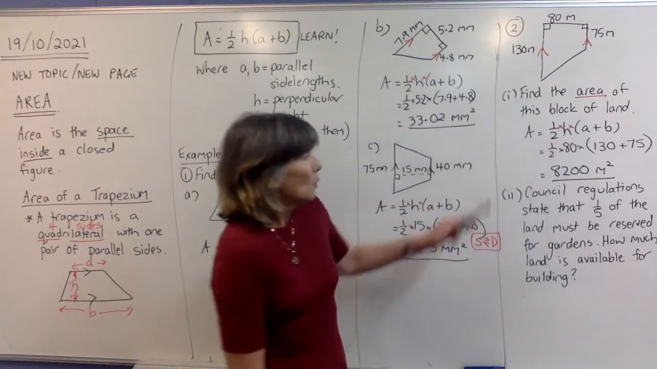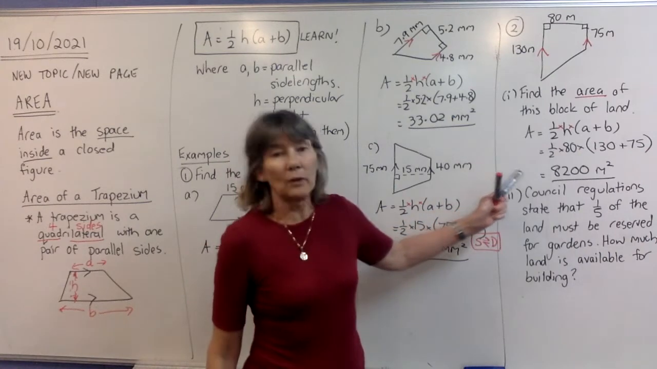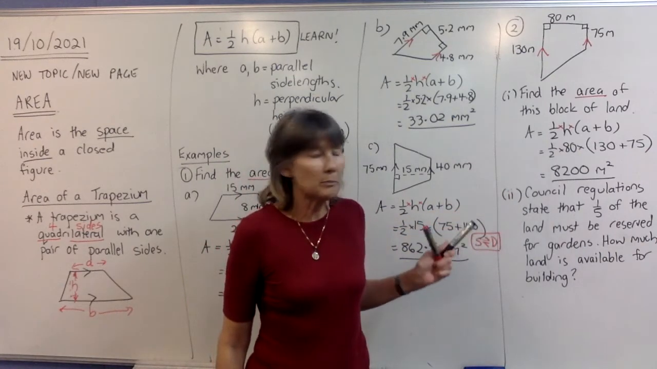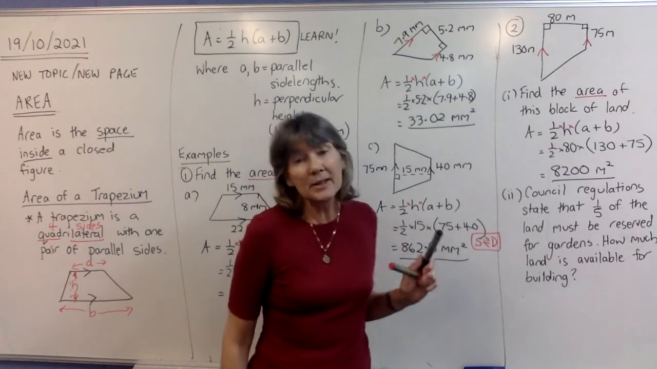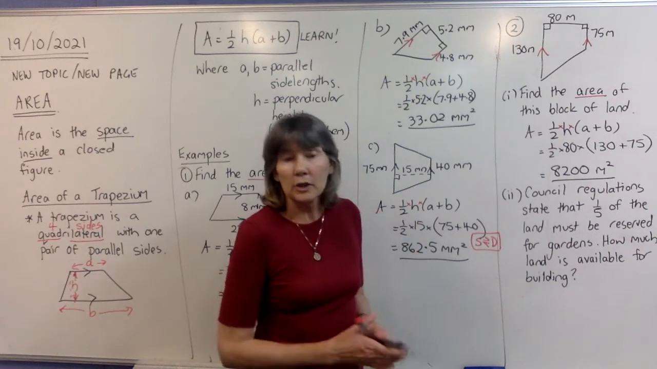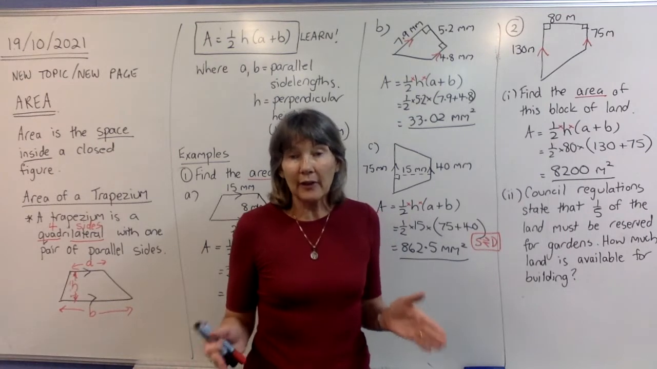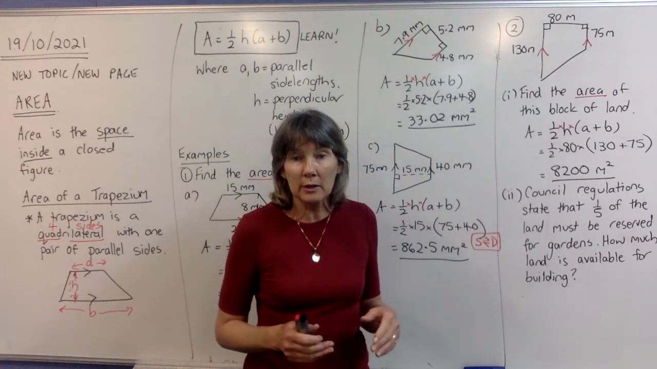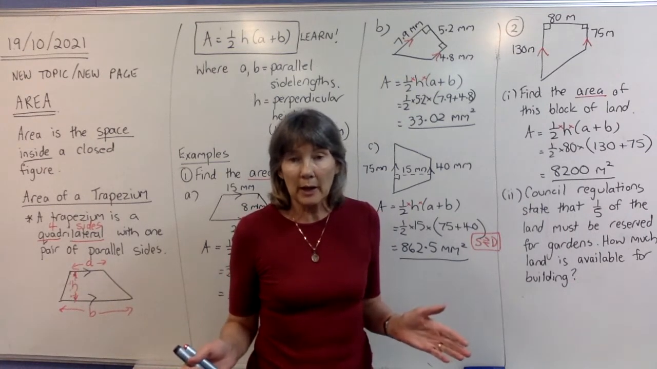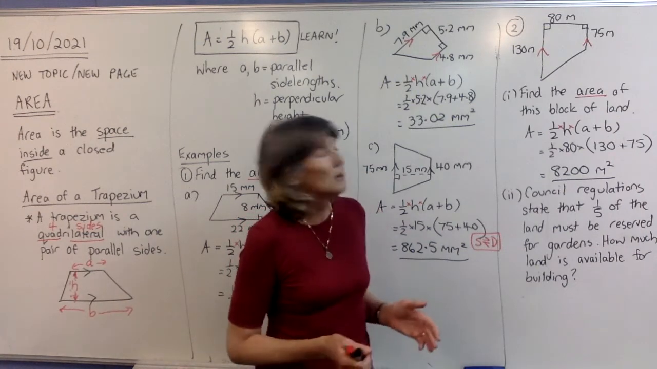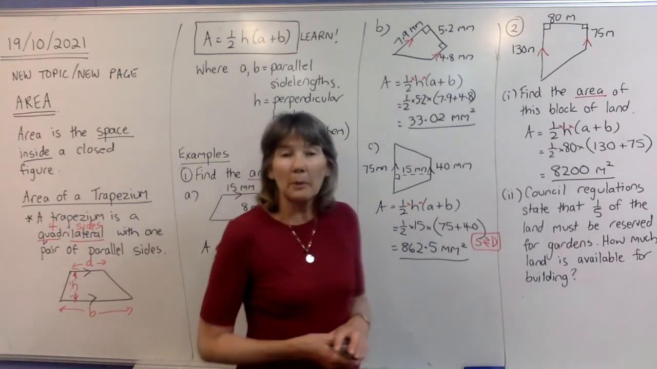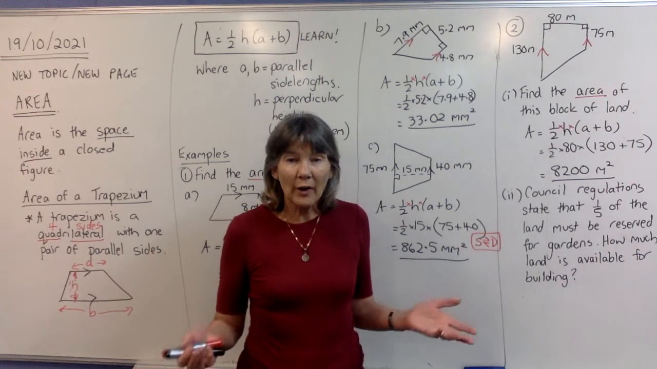Okay, so we've just found the area of that block of land. It's 8,200 metres squared. That is a big block of land. So just to give you an idea, if you live in a freestanding house that's not connected to any other building or any other house, then you are probably on a block of land on average